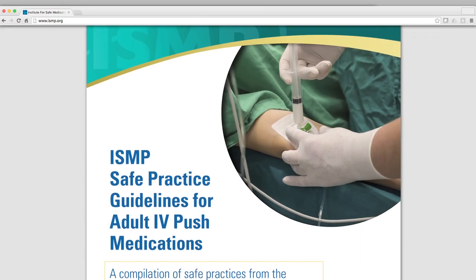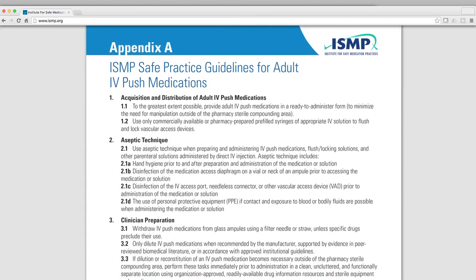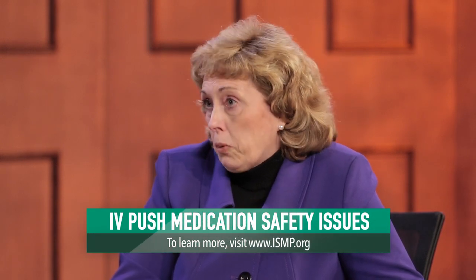I understand that there is an entire set of IV push medication safety guidelines posted on the ISMP website that outline 29 best practices. Would you say that these guidelines are directed at nursing professionals? Certainly nurses are the ones that give the bulk of IV push medications. However, there's a lot of practitioner types: physicians, anesthesia providers, medical technicians in procedural areas that also do IV push medication use. So we would say these are for all types of practitioners. And we would hope people would go to our website and download these and use them as they develop their best practices. And they can be found on the ISMP site, as you said, at